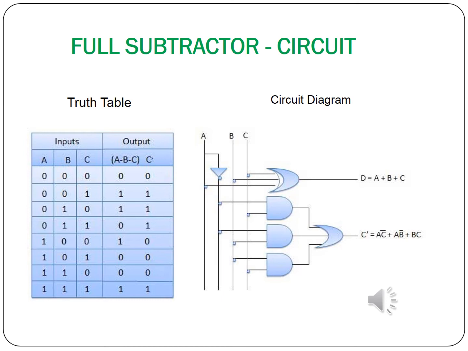Another combination, 1 0 0. The difference is 1 and the borrow is 0. The 1 0 1 combination: 1 minus 0 is 1 and 1 minus 1 is 0, so 0 0. Another combination, 1 1 0: 1 minus 1 is 0 and 0 minus 0 is 0, so 0 0 is the output. And the final one, 1 1 1: 1 minus 1 is equal to 0, 0 minus 1 is not possible, so a borrow is needed, so 1 1.